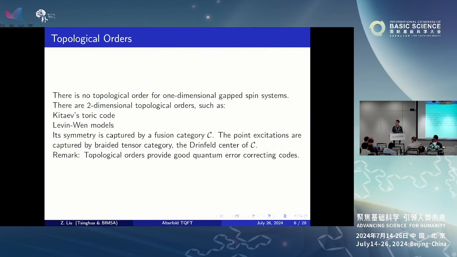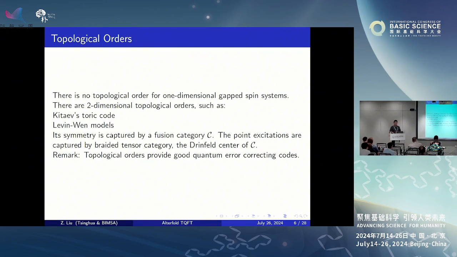A very remarkable model is given by Kitaev. It's called the toric code. We can build a lattice on a torus and study the local Hamiltonian such that the ground state becomes four-dimensional. Why four-dimensional? We consider that as two logical qubits, so 2 times 2, and the number 2 corresponds to the homology group of the torus, the longitude and the latitude.